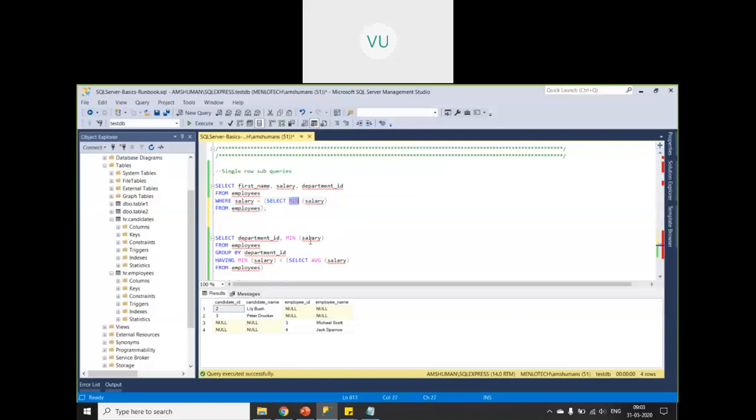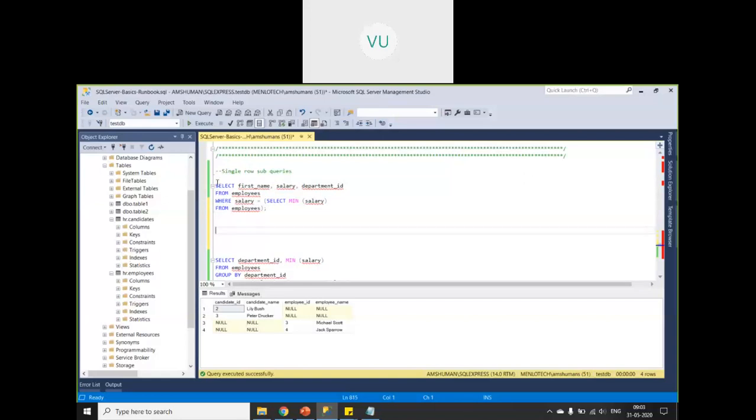It will apply the aggregation, the minimum of the salary column, and out of all the records of employees, it will return the minimum salary. Then my outer query will start executing: from employees where salary equal to, and you put the placeholder which is filled by my inner query, and then it will apply all this column filtering and other things.